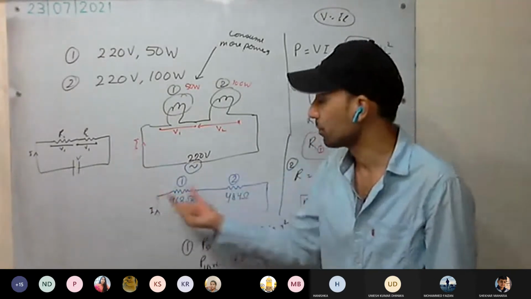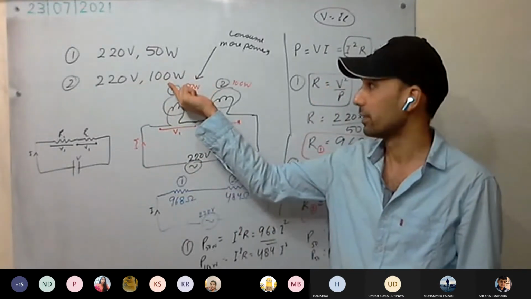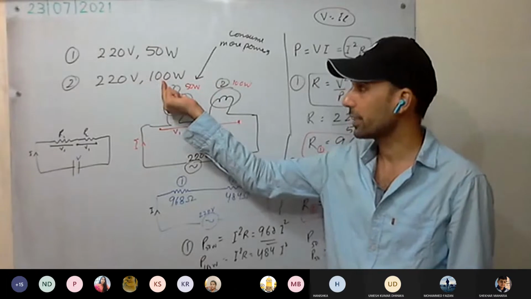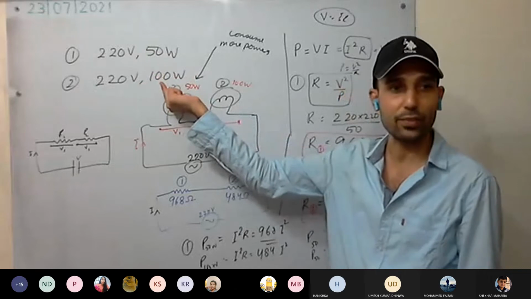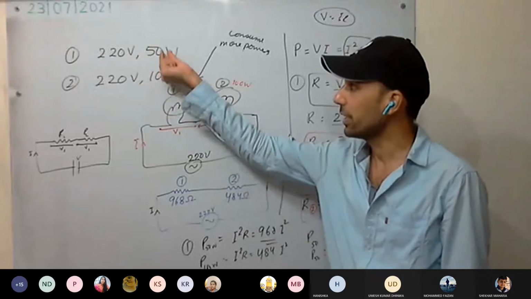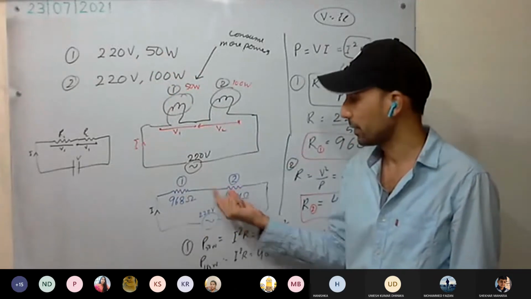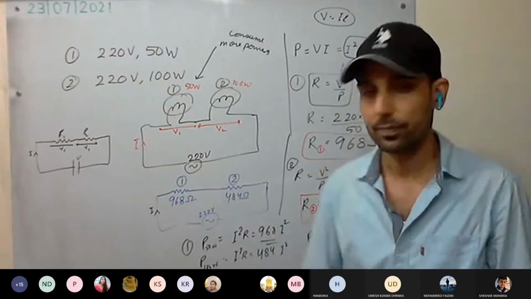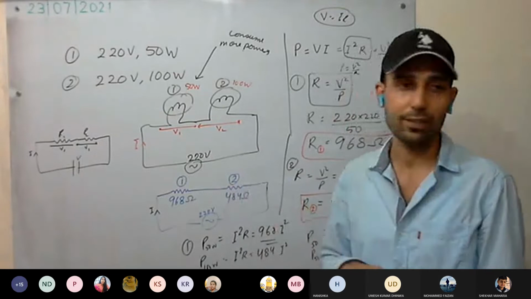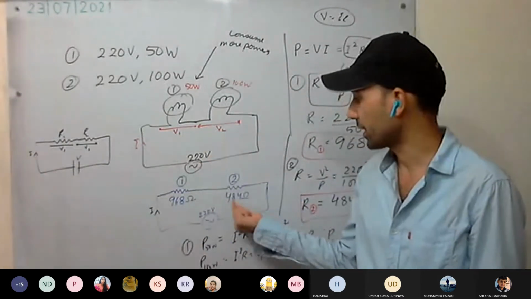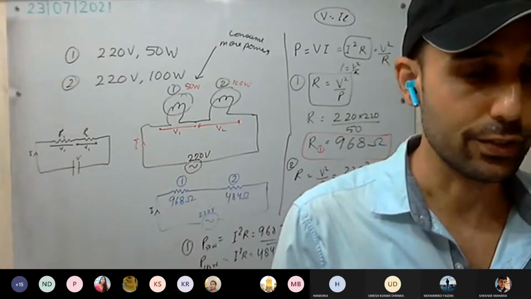Now, if you connect them individually, the second bulb is going to consume more power. You can check that as well. You can calculate the current in the first case and in the second case. Your current is the same since they are connected in series. We will also do it when they are connected in parallel. What will happen? From which will more current flow at that time? We'll do that afterwards. Complete one period is required for that.